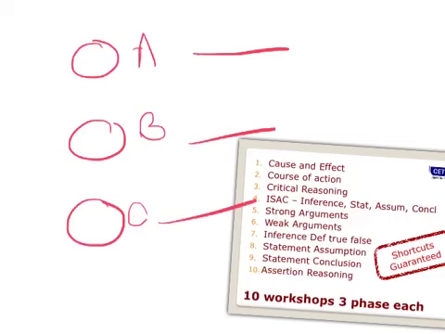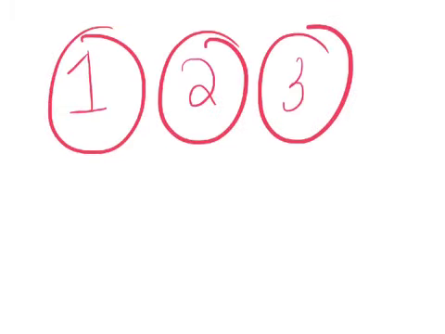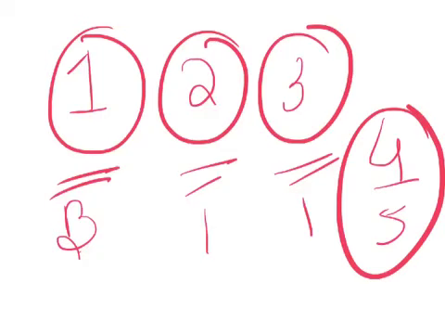Yeah, so please, if you want to join us, you can join us. Yep. Fine. So like this, we have phase 1. The moment you join us, you'll get phase 1, phase 2 and phase 3 videos. Phase 1 is a basic, just introducing the topic. Phase 2 will do some questions. Phase 3 will do some advanced level questions. So 3 phases will make sure that you get at least 4 by 5 marks in your topic. Yep, that's what we are going to go about.